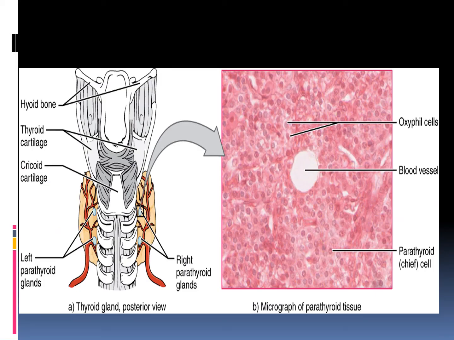2 types of cells are present in the parathyroid gland: chief cells and oxyphil cells. Chief cells synthesize and release parathyroid hormone. These cells are small and appear dark when they are loaded with parathyroid hormone, and they are clear when hormone has been secreted or if they are in resting phase. Oxyphil cells are lighter in appearance and they increase in number with age. They have unknown function.